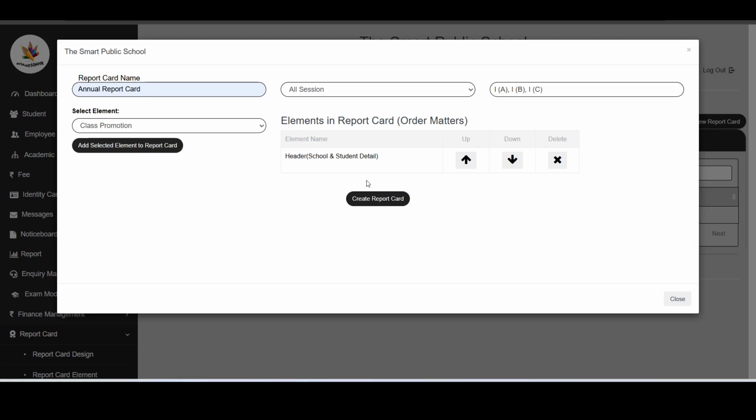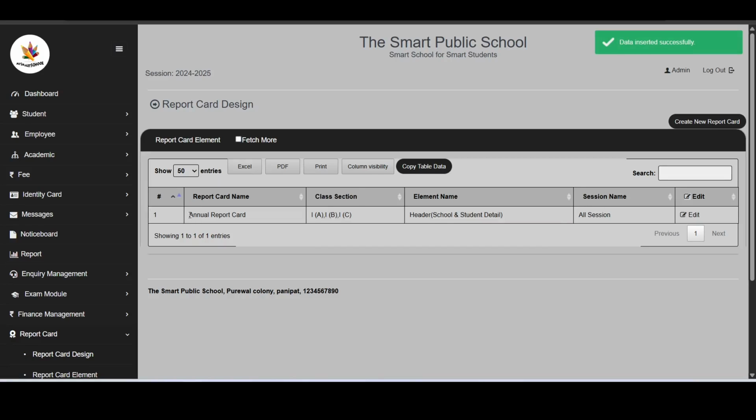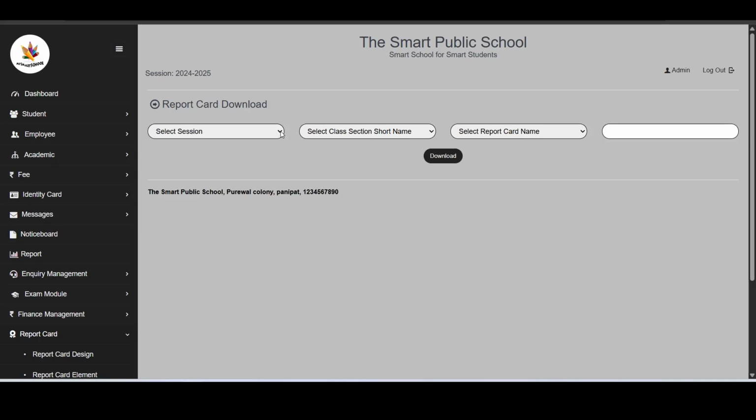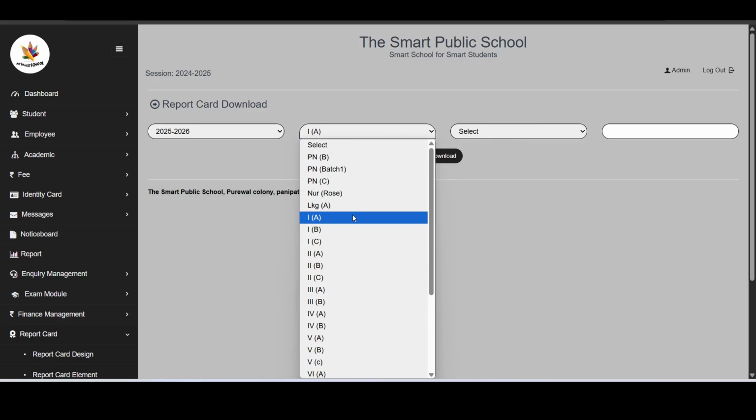For example, we have just made a report card with a header and generated it. The report card is generated, the name is annual report card, with the classes, only one element, the header, and for all sections. Now for testing your report card, you can go to report card, download, or open a new window. Select any session, class or section you want to show here.